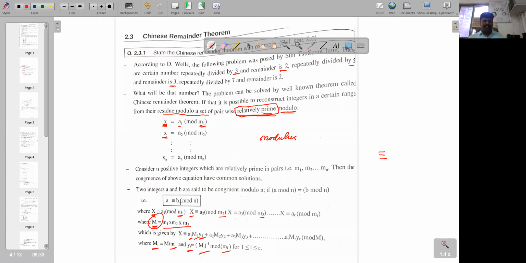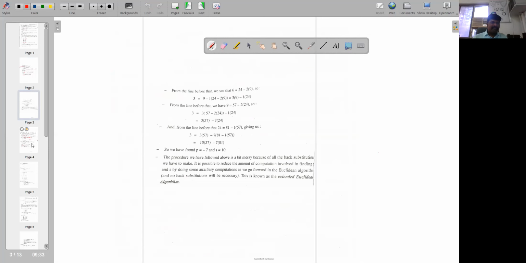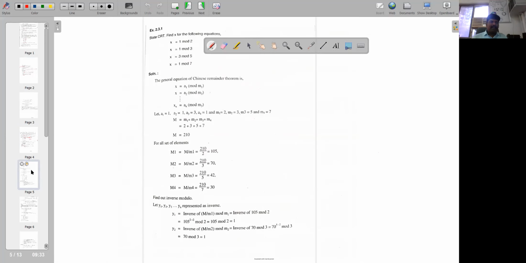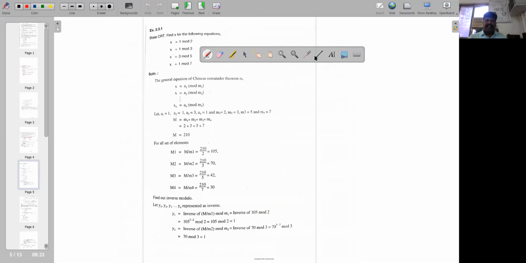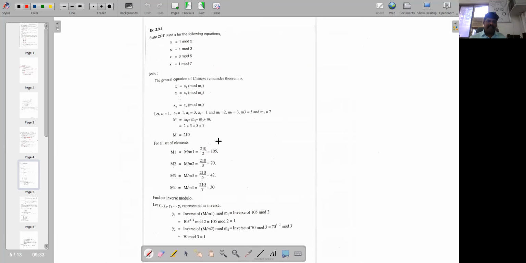So this is the theoretical part through which we'll try to understand the Chinese remainder theorem. I assume this may be a little confusing, but when we solve the problem you will get a clear idea. So I will now move to the numerical part, and with this you will understand it clearly. After that, if you have any queries, I am ready to explain the theoretical part again.